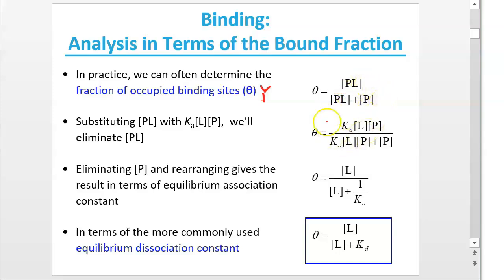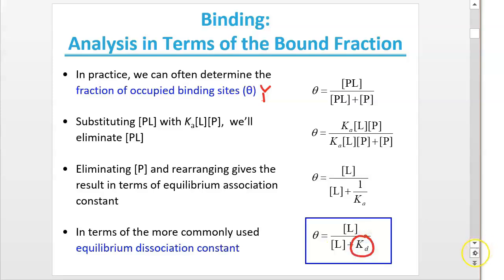I'm not going to go through the mathematics here, but if you look at some of those equations on this and the previous slide, you can also see a representation of the fraction of sites in terms of the concentration of the ligand and the dissociation constant. The concentration of the ligand divided by the concentration of the ligand plus the dissociation constant. And that constant is going to be given in units of concentration or molarity.